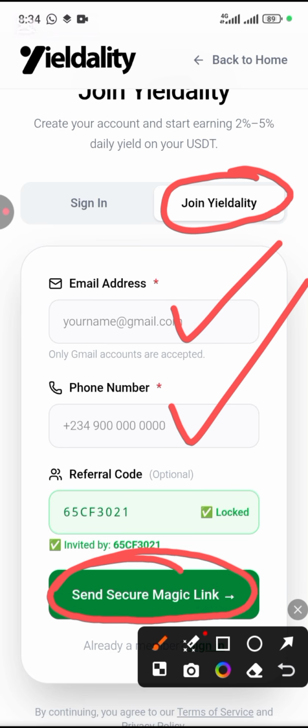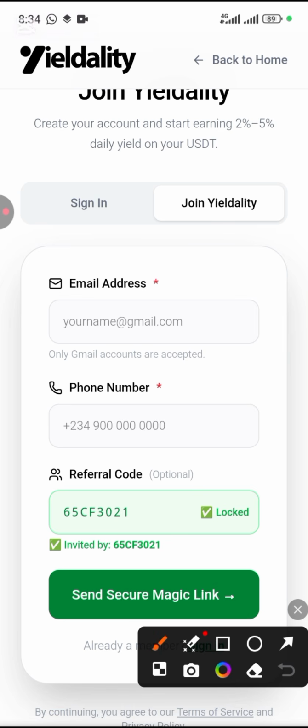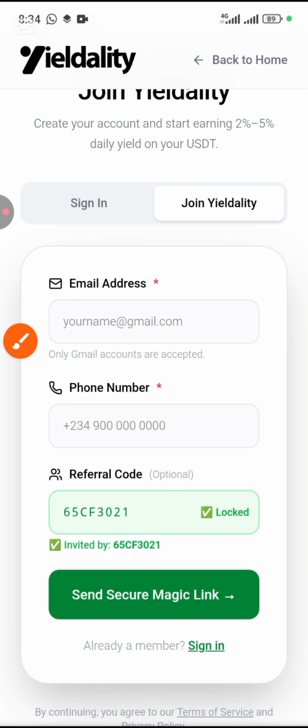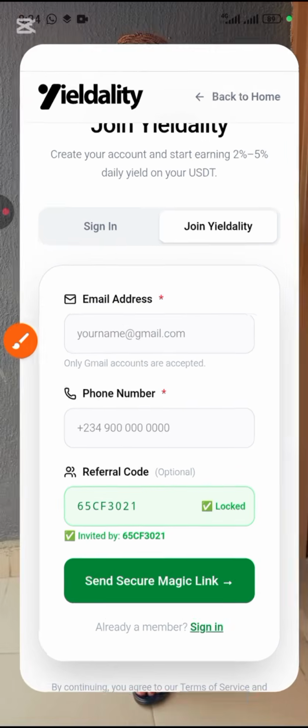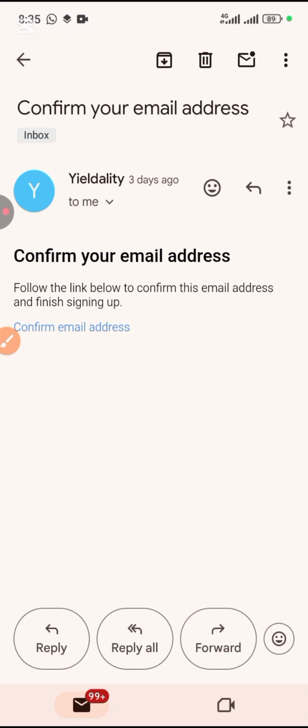Once you click on send secure magic link, they're going to send you a mail in your email. Don't wait for a pop-up mail, go to your email to confirm it.